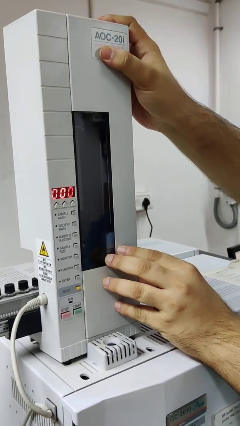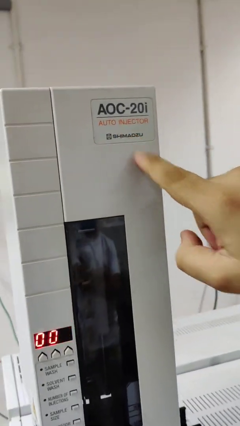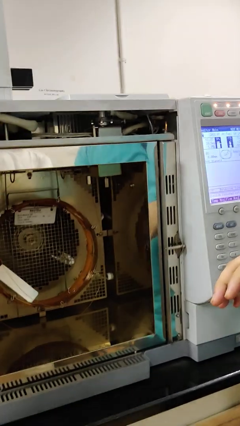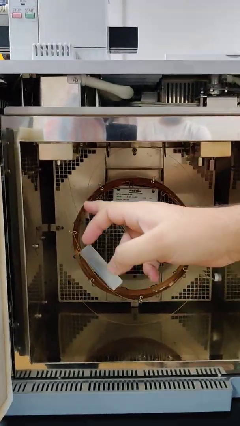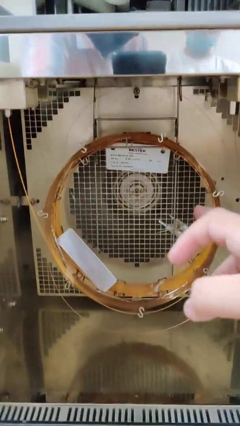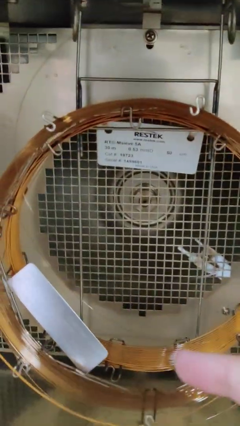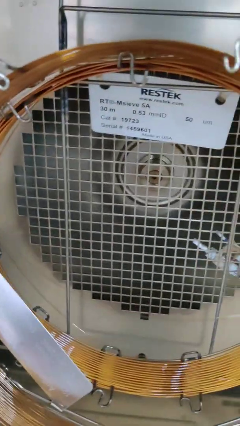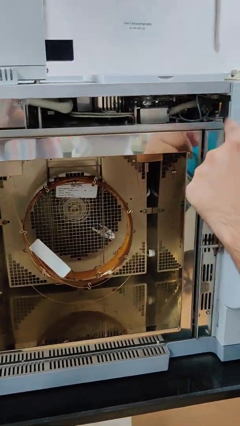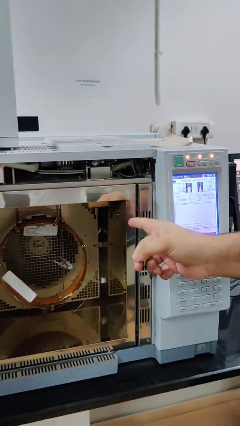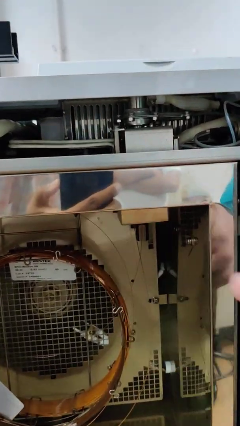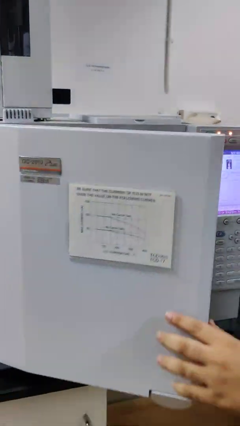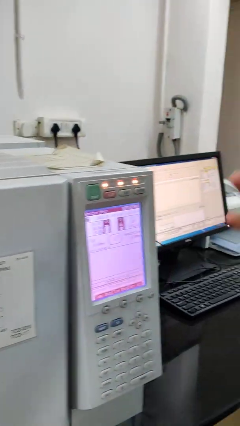So once this auto injector injects the sample and it vaporizes, here we have the column oven. So inside the column oven, we have 2 columns attached here. So one is the Restek column and one is the DB-Wax column. So one of the columns is used for solvent analysis and the other one is used for hydrogen and other gaseous analysis. So from the column, the sample moves to the detector inside. Here, it's inside over here, the detectors. So we close this to maintain a specific column temperature.